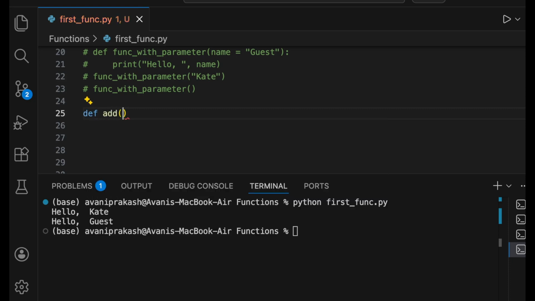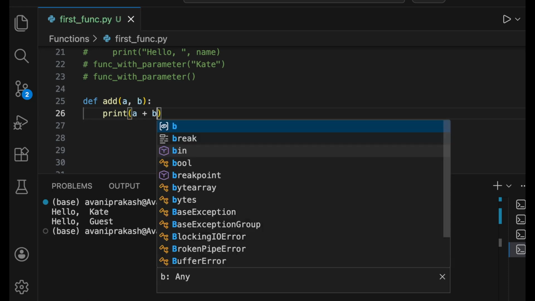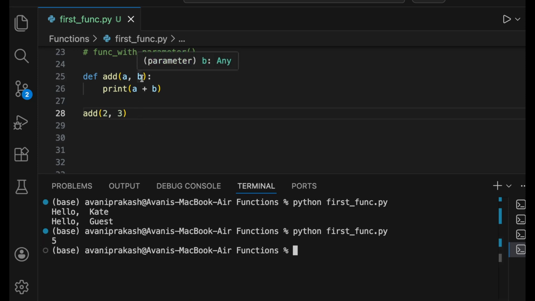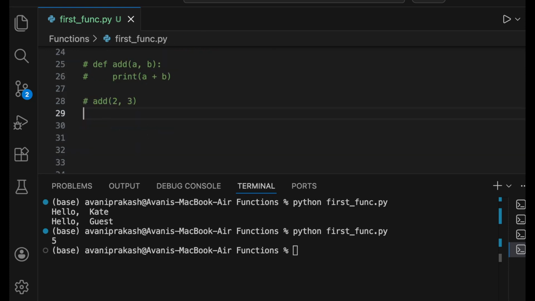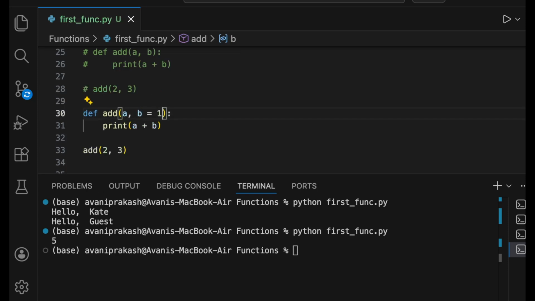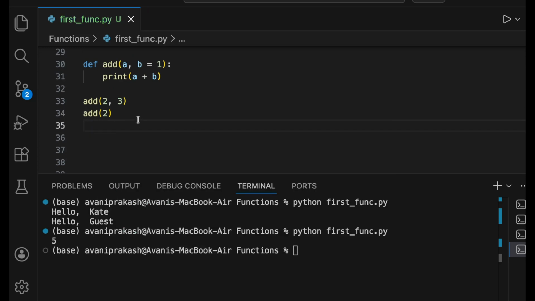Def add a comma b, and here I write print a plus b. Now if I have to call it add, let us say 2 comma 3, it is going to give me back 5. And if I come over here again, let me copy this line of code. I can again use the default parameter here. I can say b is equal to 1, and now if I call add with only one parameter, I would be getting the output 2 plus 1, 3,